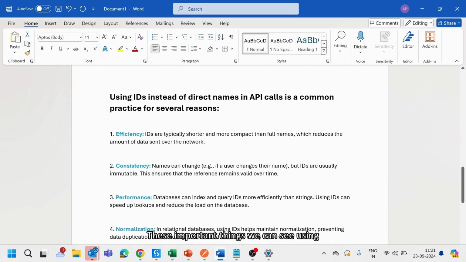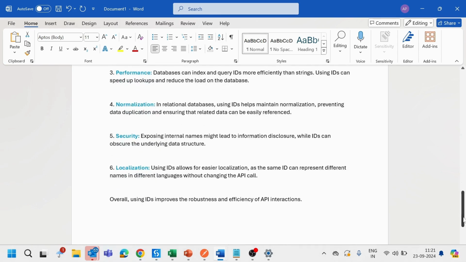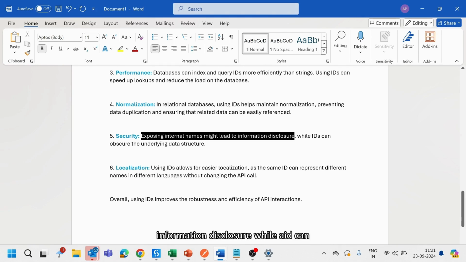these important things. Using IDs instead of direct names in API calls is common practice for several reasons. What are those? To maintain efficiency, consistency, performance, normalization. The main thing is security. Just underline this word. Exposing internal names might lead to information disclosure, while an ID can obscure the underlying data structure. You got it? So that is the reason